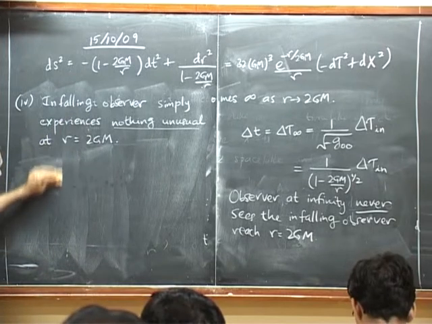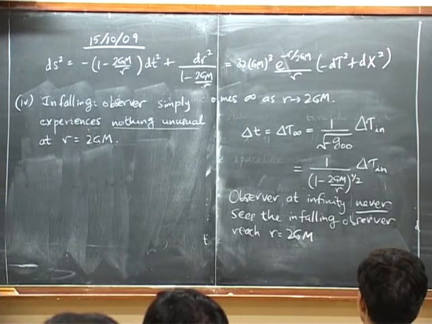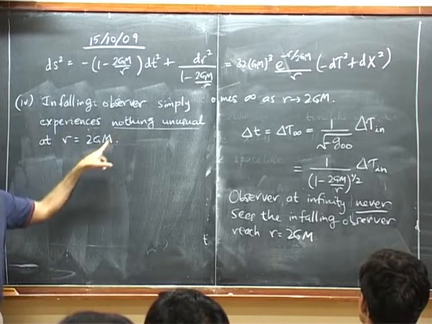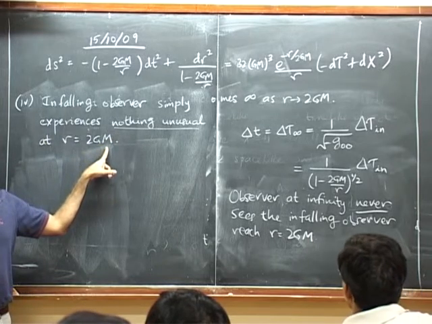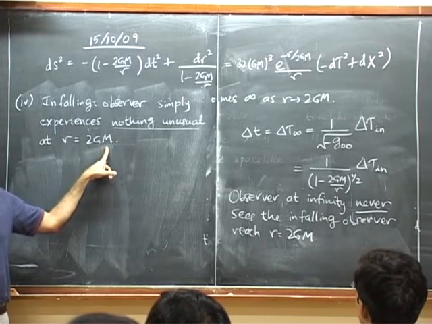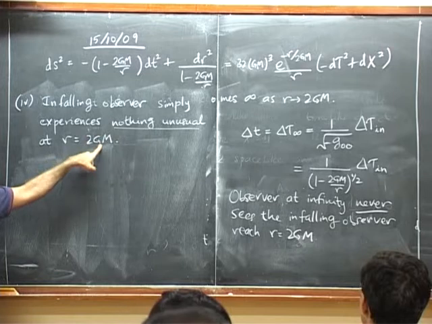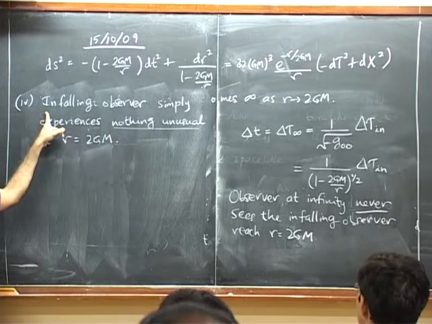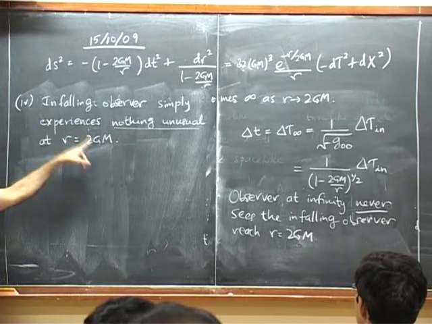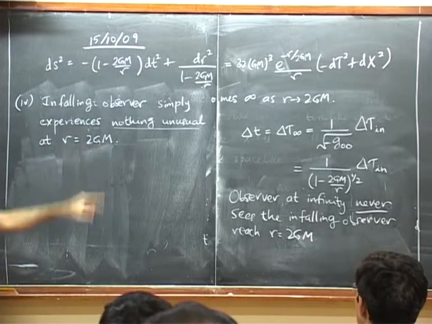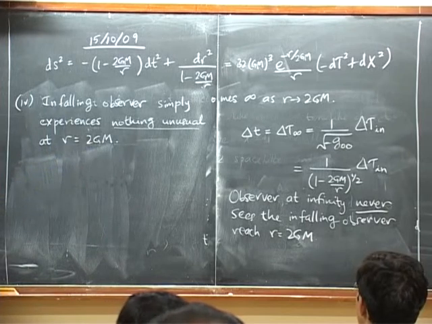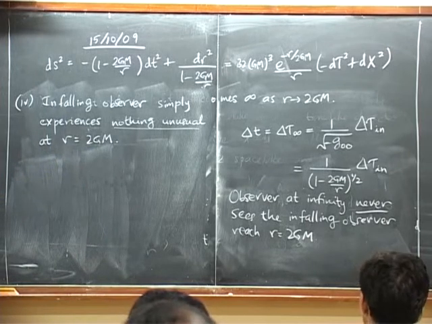Let me tell you the story a bit later, because I still haven't established that this thing is a horizon. I'm just telling you that there's nothing unusual going past it. But as you all have surely read, the important thing is that after passing this, our observer is doomed and can never come back out of r equals 2GM, which is why it's called an event horizon. That I still need to prove. So let me show you that.